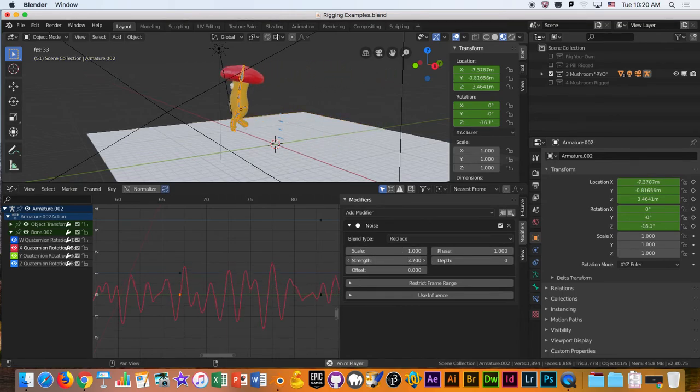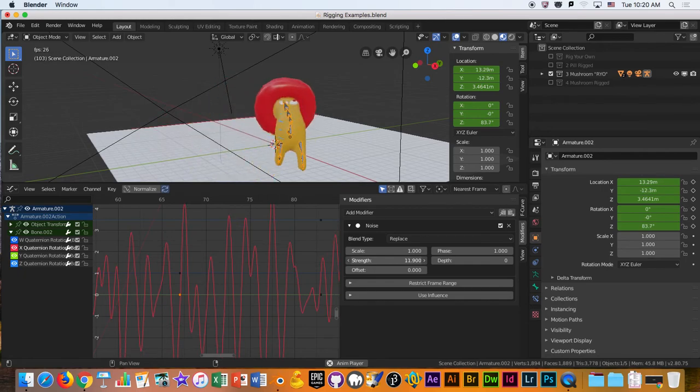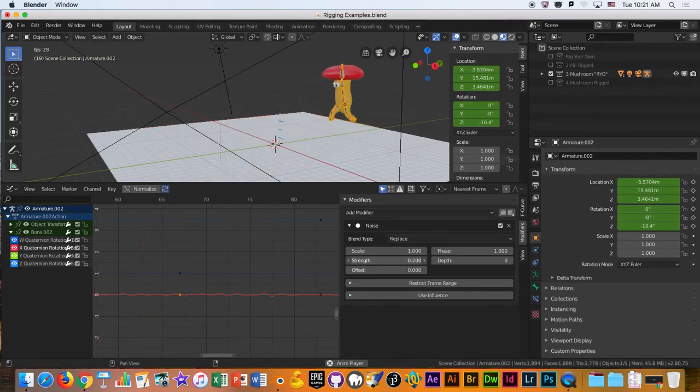I could change the strength of that. So he's like, wah, like that, head banging. Or just a very subtle tick. You could change the scale again. So he's like,